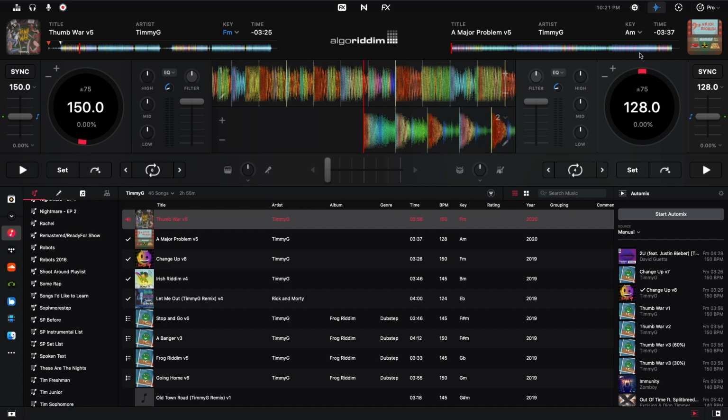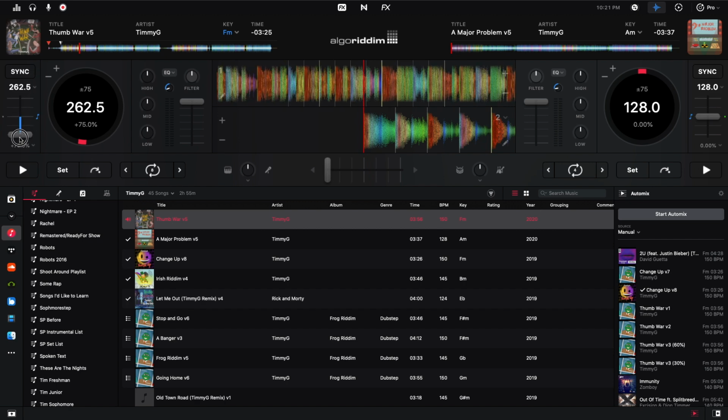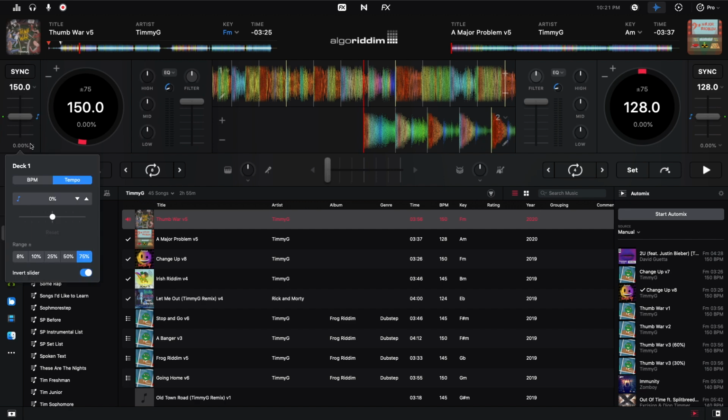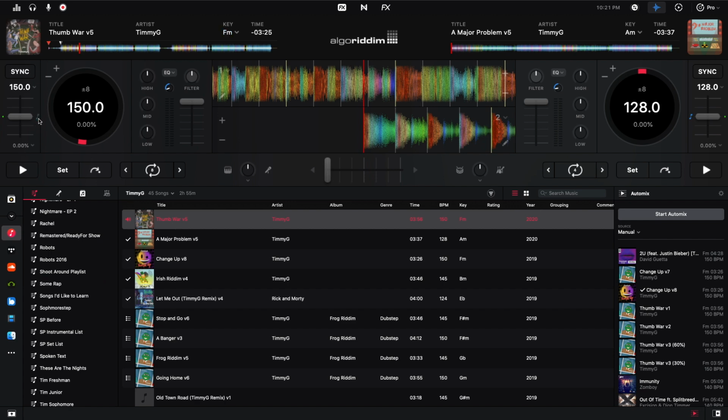Same stuff over here. So I'm going to go down to the left deck. So we have our sync button right here. We have our tempo slider, which right now I have on 75%, but 75 is the largest and 8 is the smallest. You can also edit the BPM here, but I would recommend doing that in 1-deck mode. Okay, this little note right here keeps the key on, so if you listen to this,